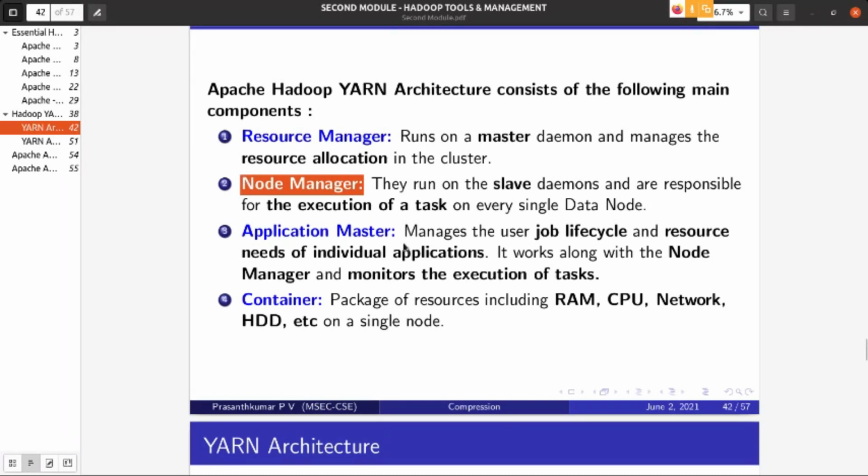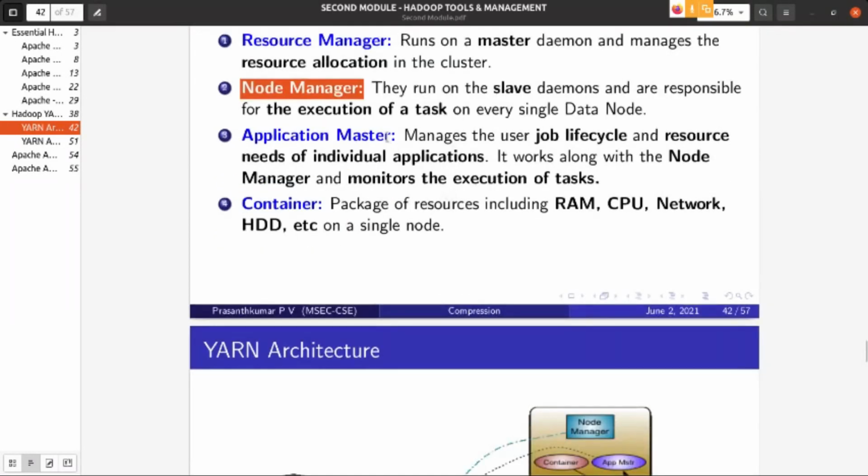So what is its work? Its work is execution of the task, because this is a computing node. So node manager manages that particular node. Then application master is what? Application master is again a Java process which will run in a node manager. With respect to each submitted MapReduce application, you can find one application master.